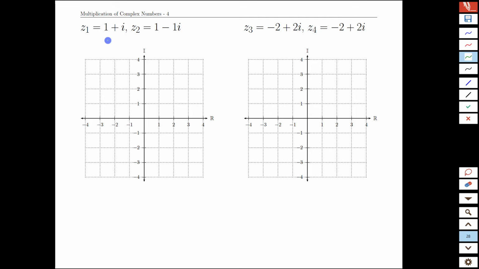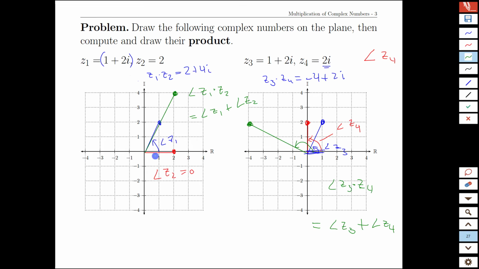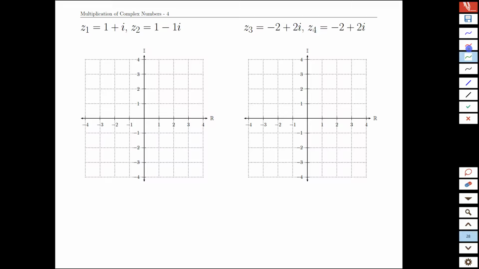So using our same color scheme as before, the first two vectors are in blue and red. So Z1 is blue and it's 1 plus i, and Z2 is 1 minus i in red. And if we were to use the logic we just went through, well, the Z1 here is up by 45 degrees. The Z2 is down by 45 degrees, so we should get something along the axis here. We're going to want to talk about the length in a second, but let's just make sure that the angle